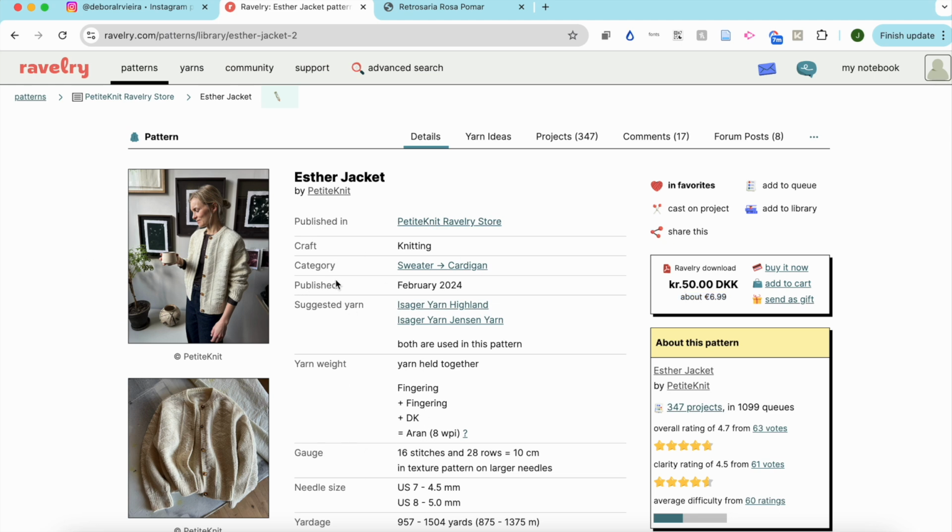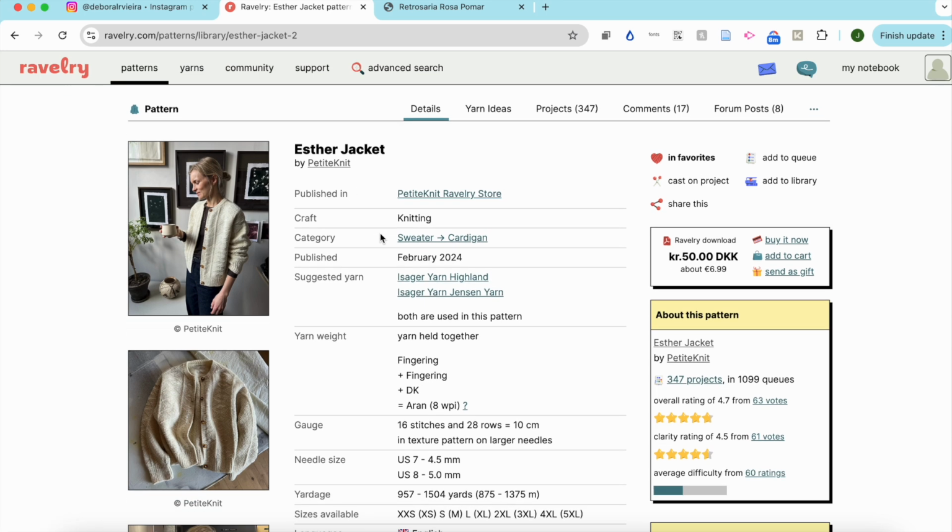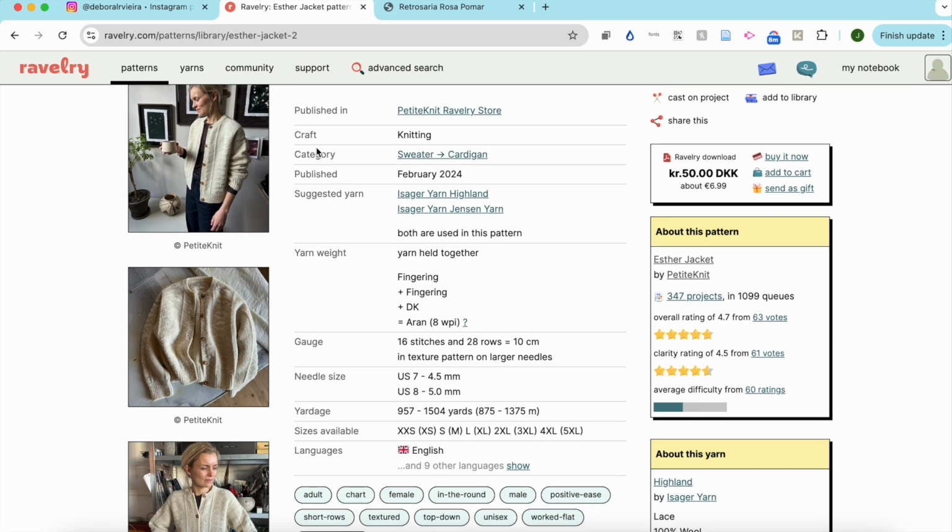And then in the middle, you have quite a lot of information, which we're gonna go through together. So first you have who published it, which is Petite Knit. Then you have the craft, which is knitting. You could say crochet, for example. And then we also have suggested yarn, which is 2 Isagar yarns. And she could have used one yarn in part of